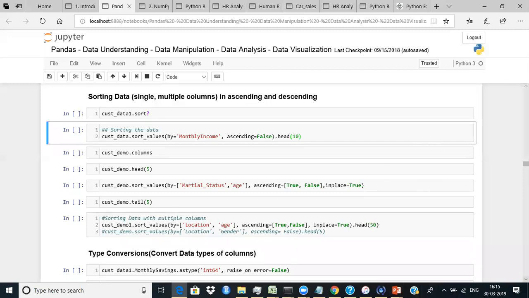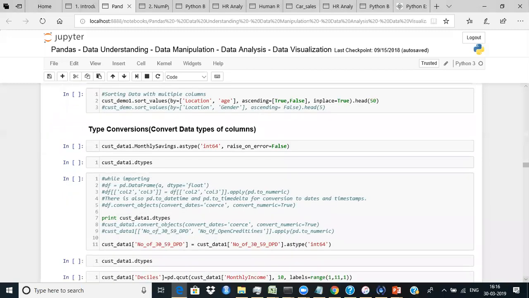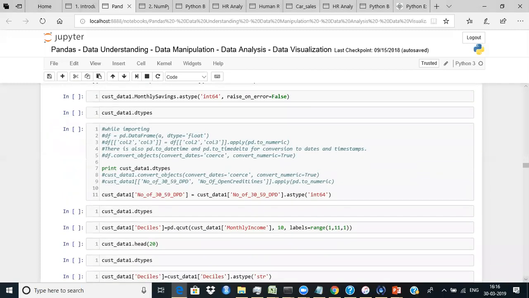Now, the next functionality that we are going to talk about is another simple one, which is type conversion. Let's say I have a variable for gender. It is coded as zeros and ones, but gender is not a numeric variable. But it is often coded as